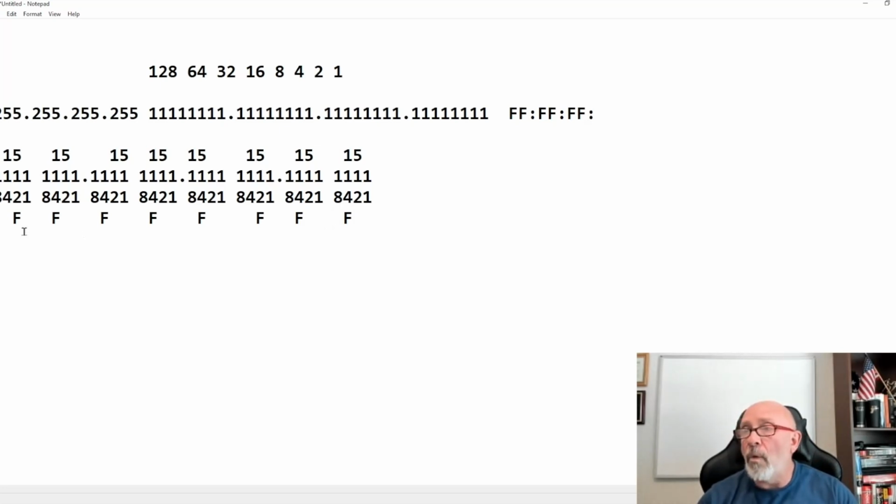How many do we have? 1, 2, 3, 4, 5, 6, 7, 8. We got FF, FF, FF, FF, and then one more FF. That's 2, 4, 8, 12, 16. There you go. That's it. It's just adding the bit values, separating them into groups of 4, and this is what you see.